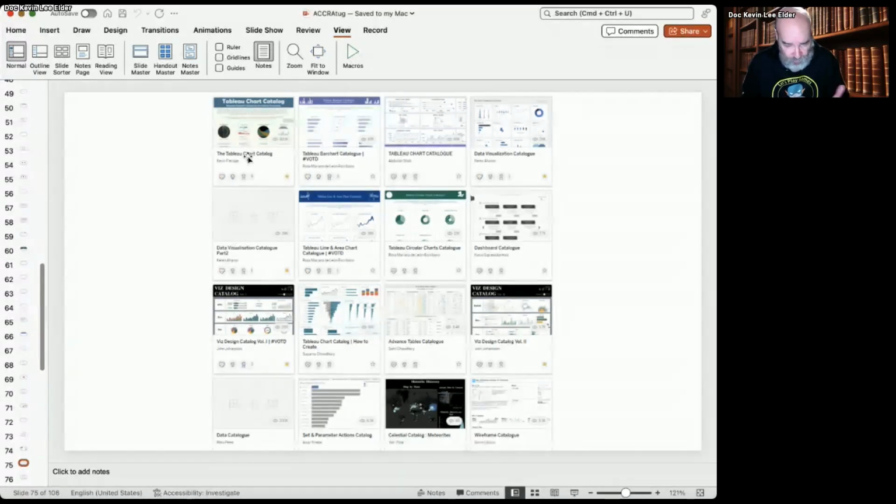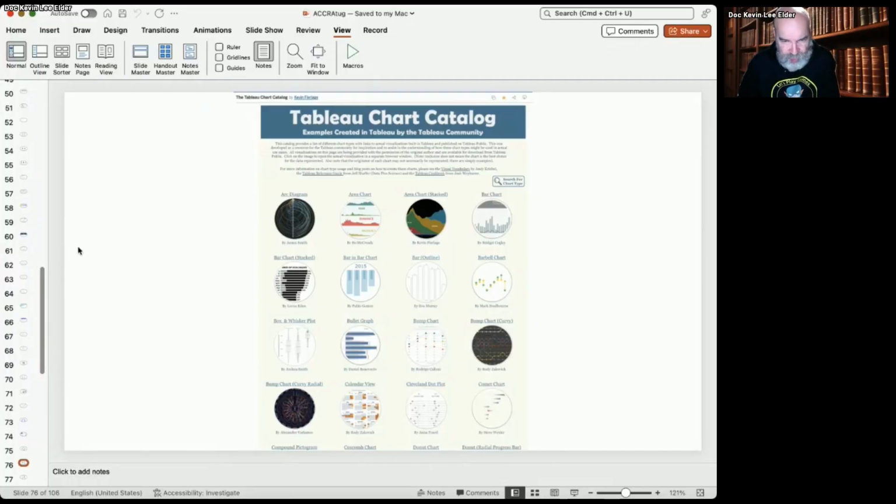Again, one of the names you will hear, and somebody mentioned it in the chat, the Fleurage twins, and actually we joke about them being triplets. Kevin created this 100 Tableau charts. Every chart that you could think of 7 years ago. He needs to do a new one because there's more than 100 now, probably 200 or 250. But he took 100 of the most used type of charts.